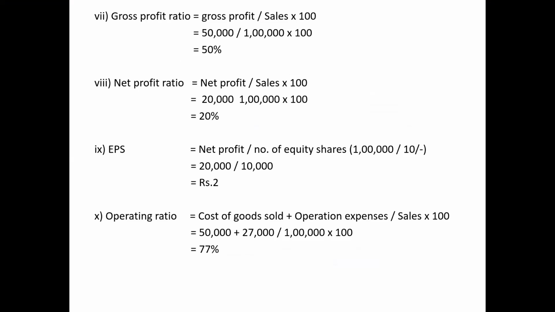The formula is, we have done it in the last numerical, remember: cost of goods sold plus operating expenses divided by sales. So cost of goods sold is sales minus gross profit, plus all the operating expenses from P&L account, divided by sales into 100. The operating ratio is coming out to be 77%. Why am I taking this fast? Because I have already taken this operating ratio in a separate numerical above. So you should know how to do it now, right? So identify operating expenses, identify current assets, current liabilities. You should know how to identify and interpret your profit and loss account, trading account, and balance sheet. That is about ratio analysis. You should know how to pick these items, right? Regular practice will make it very easy and simple for you.